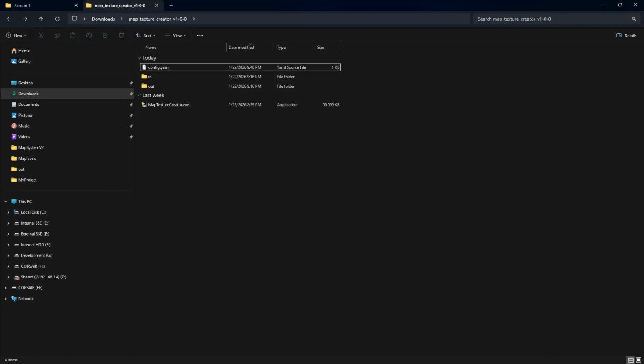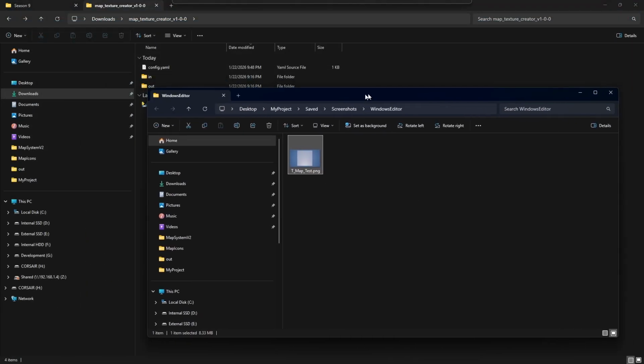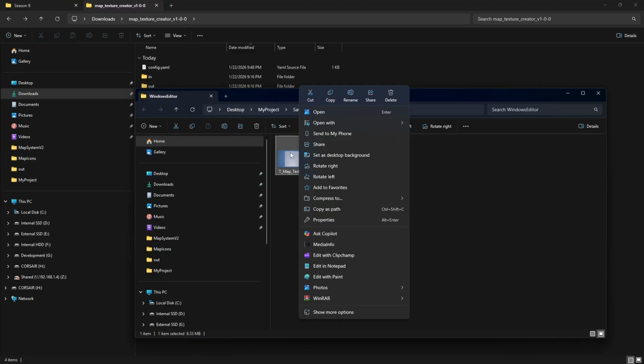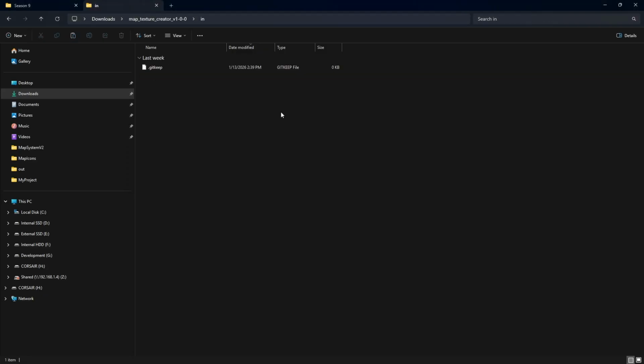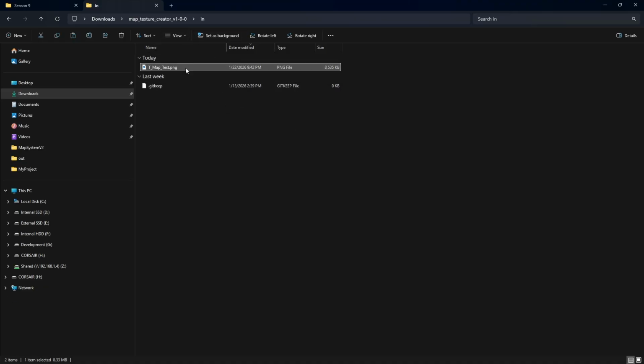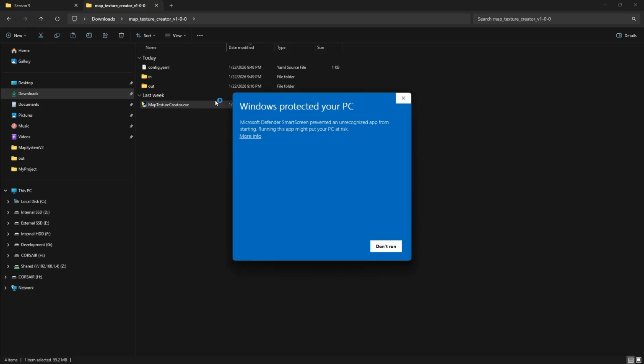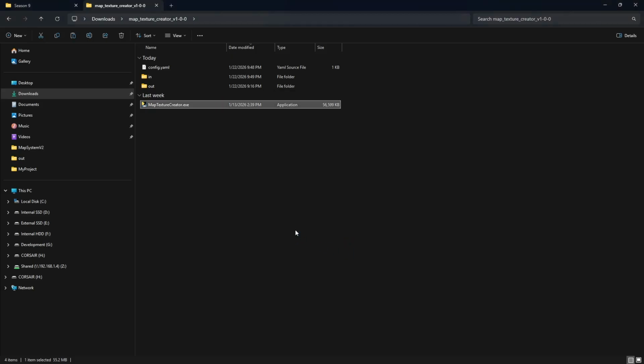And then what you have to do is go to the Windows editor directory on your project, which holds that specific texture for the level capture, and simply copy it and paste it on the in directory. Okay, so make sure it goes under the in folder, and then simply execute this exe. Just double click it. Okay, so it will ask for admin permission and stuff. Simply click run anyway,